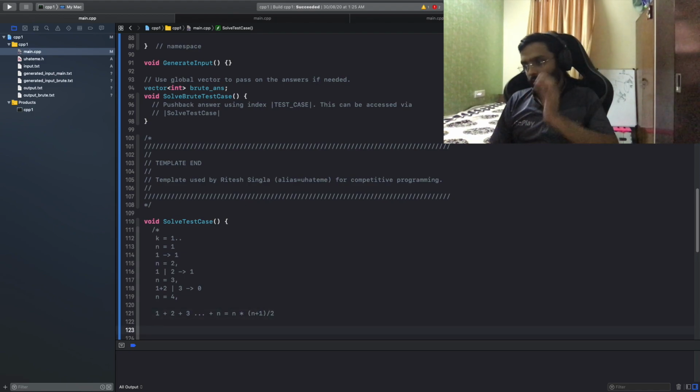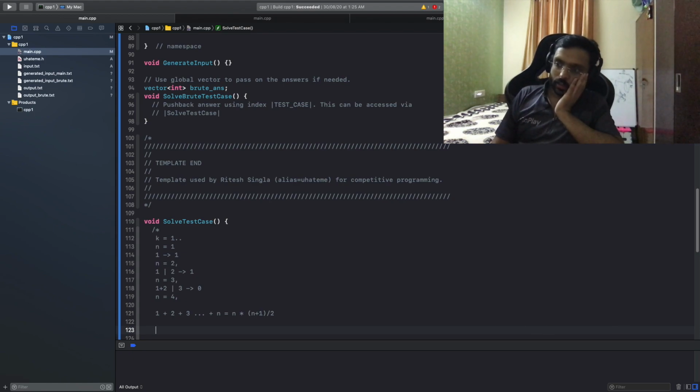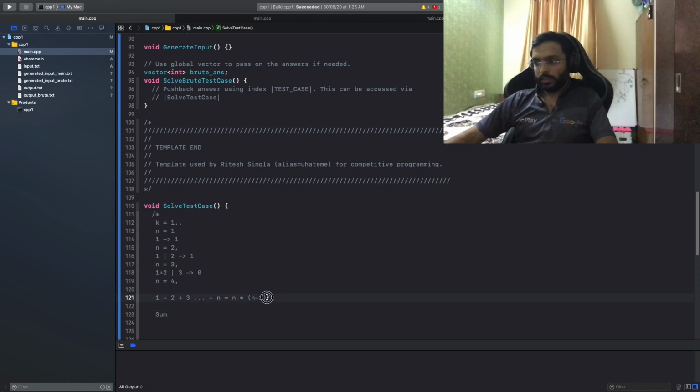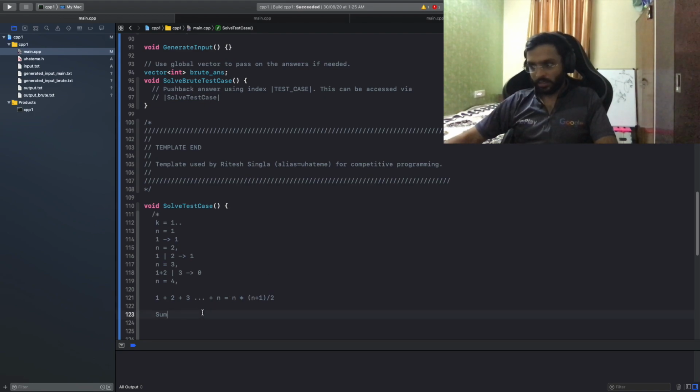Basically the sum can either be odd or even. If n into n plus 1 is divisible by 4, only then is the sum even, otherwise the sum is odd.